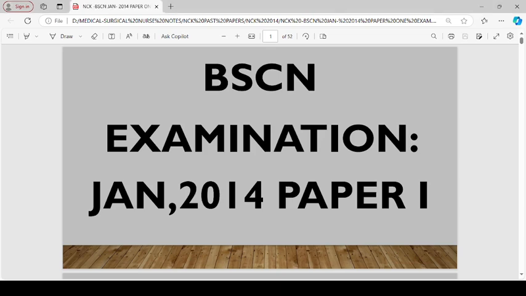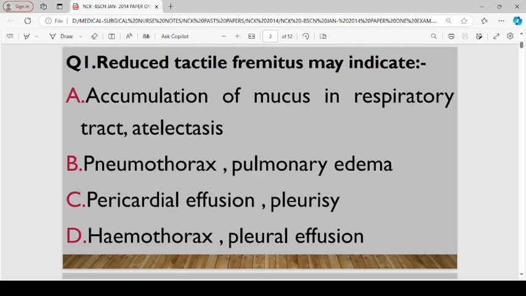Today we are going to look at January 2014 paper 1. We have our question 1. Reduced tactile fremitus may indicate: accumulation of mucus in the respiratory tracts, atelectasis, pneumothorax, pulmonary edema, pericardial effusion and pleurisy, hemothorax and pleural